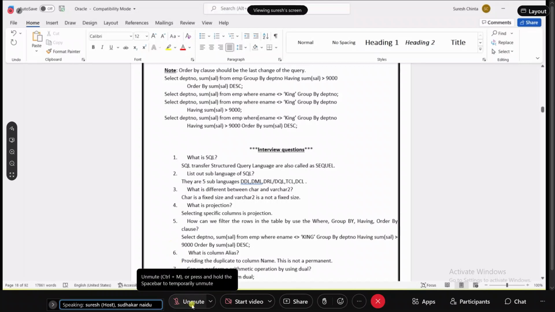It gives the data according to our preference, like ascending order or descending order. By default,